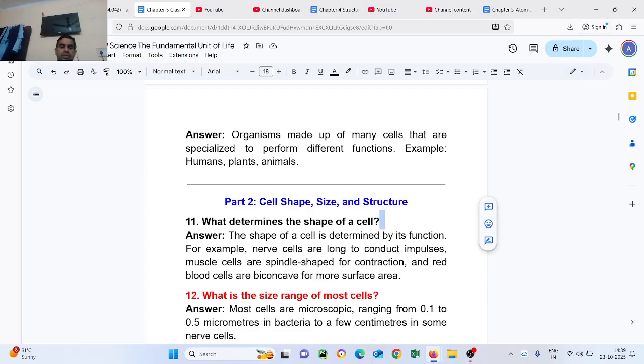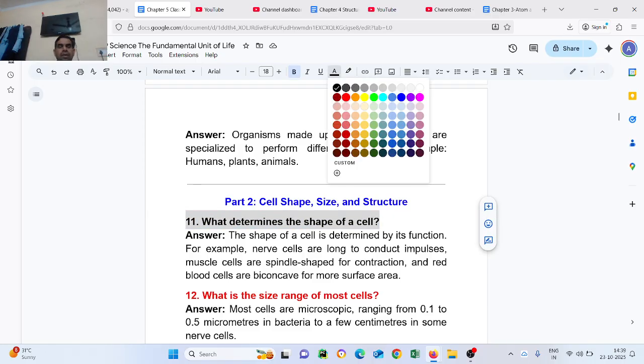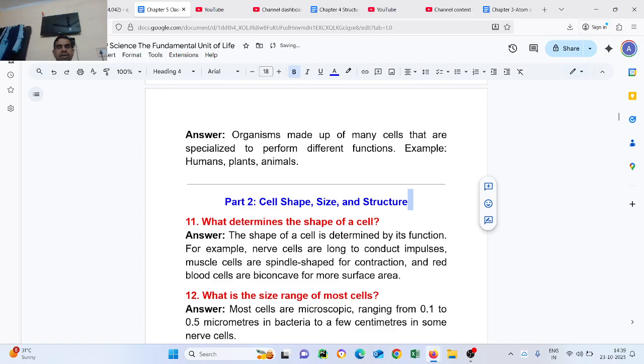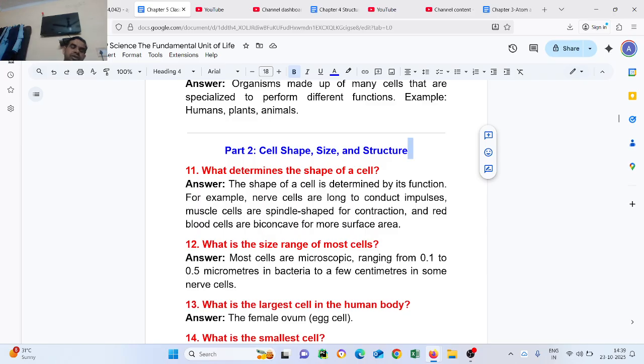Question number 11. What determines the shape of the cell? The shape of a cell is determined by its function. For example, nerve cells are long to conduct impulses. Muscle cells are spindle shaped for contraction, and red blood cells are biconcave for more surface area. Question number 12. What is the size range of most cells? Most of the cells are microscopic, ranging from 0.1 to 0.5 micrometer in bacteria to a few centimeters in some nerve